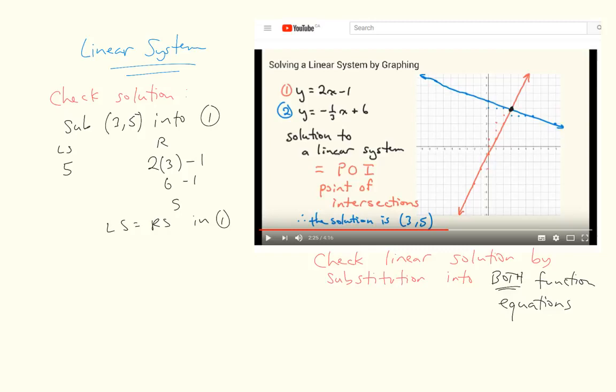So after substituting (3, 5) into equation 1, we are also going to, and again, communicate that we are going to substitute x equals 3 and y equals 5 into the second equation. Here we go. The left side, again, very simple. It's just y, so it's 5. The right side, we have negative 1/3, and we're going to sub in 3, plus 6. Negative 1/3 times 3 is negative 1, plus 6, and that equals 5. And so here we get that left side equals right side in the second equation, and we can make a conclusion about the fact that left side equals right side in both,